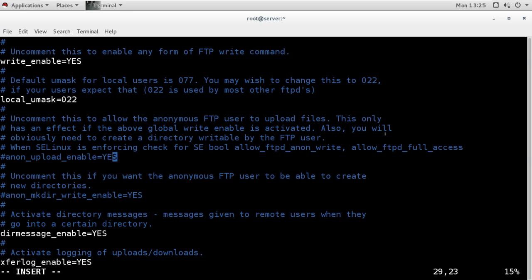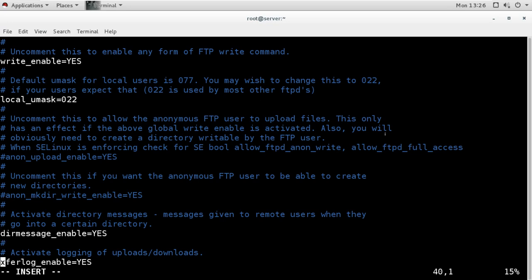So if we want the anonymous user to be able to upload files, then we can uncomment this line and it says yes, but when it is commented it says no. That means the default status for this line is what? No. But when you want to allow the anonymous users to upload files, then you can enable this line. Then you have an option here to allow anonymous user writable access.